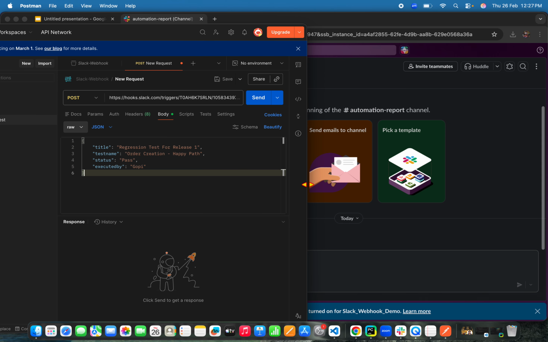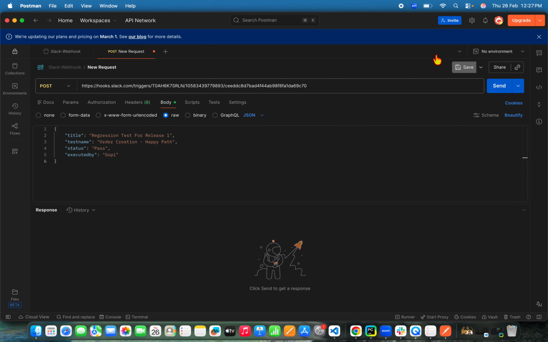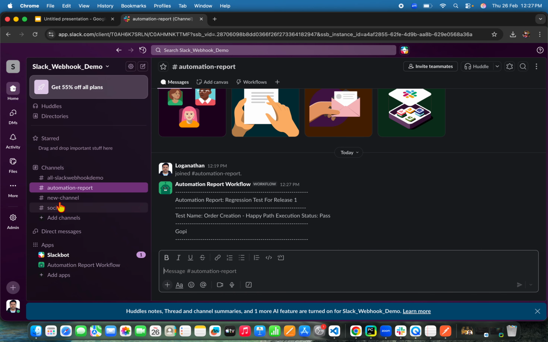I just want to keep it side by side, but anyways, let's do it this way. So let me send this message. Okay, I'm sending the message to this webhook. Immediately I'm getting 200 OK, and when I go to this automation report channel, you see that the message is posted very clearly, right? Automation report, regression test for release 1, test name is order execution, happy path, execution status,